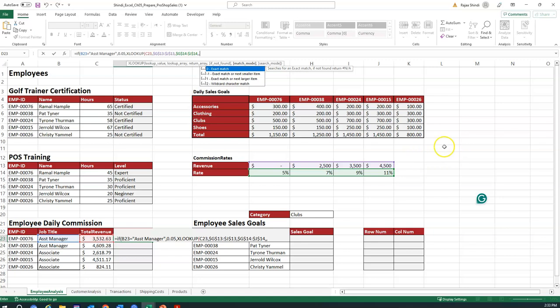Exact or approximate. Here we have more options. Exact match. Okay, exact match or next smaller item. It's the -1. Exact match or the next larger item. Okay. I'll use the wildcard character match, so it could be, yeah, it means anything. So I'm going to use, because they're numbers, and I'm looking for an approximate but the smallest value. Okay, so I use the minus 1,